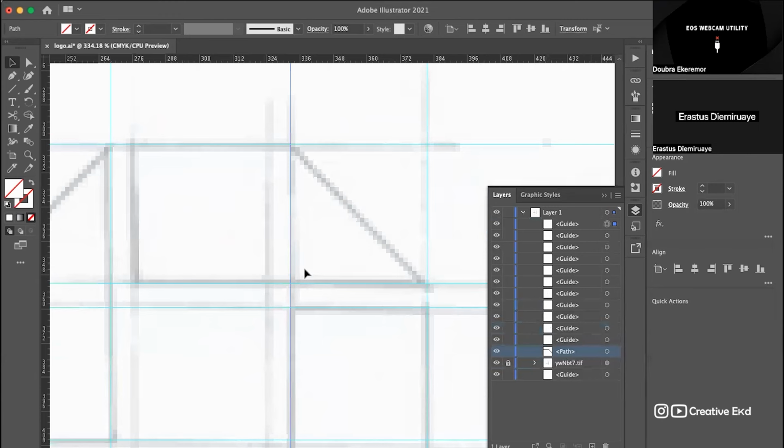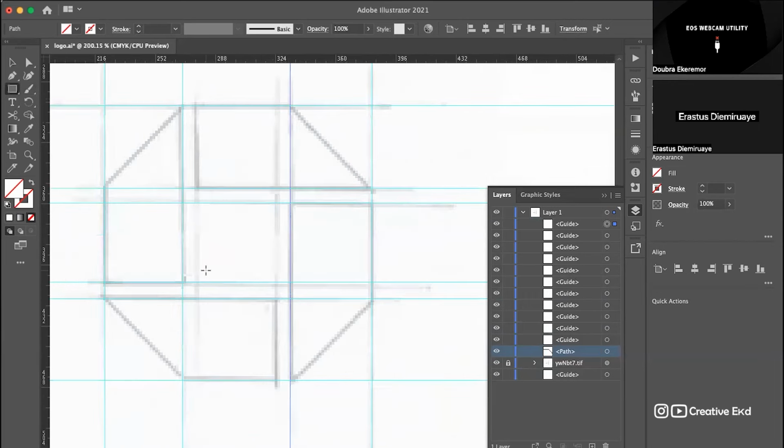So what I'm going to do is trace it. There are different ways of tracing. You can either use your pen tool or your shape tool, but that would depend. Like I said, we have about three logo execution patterns. One, you can use your basic shape, and that depends on what you have on your sketch. Looking at our sketch, we have